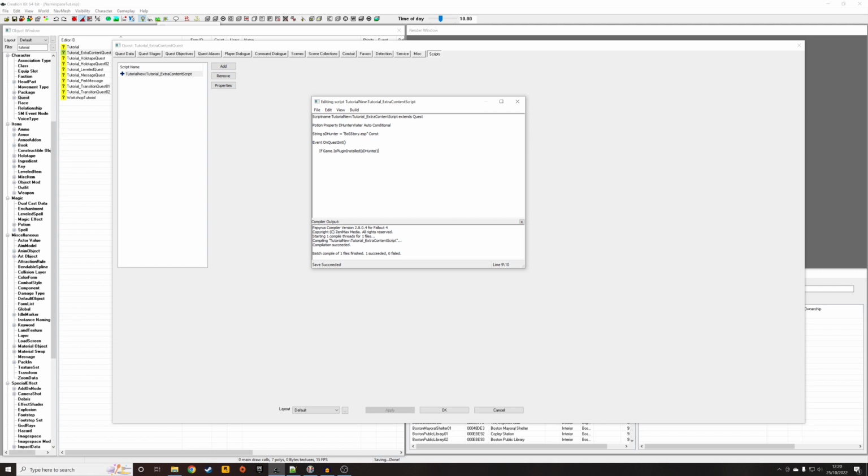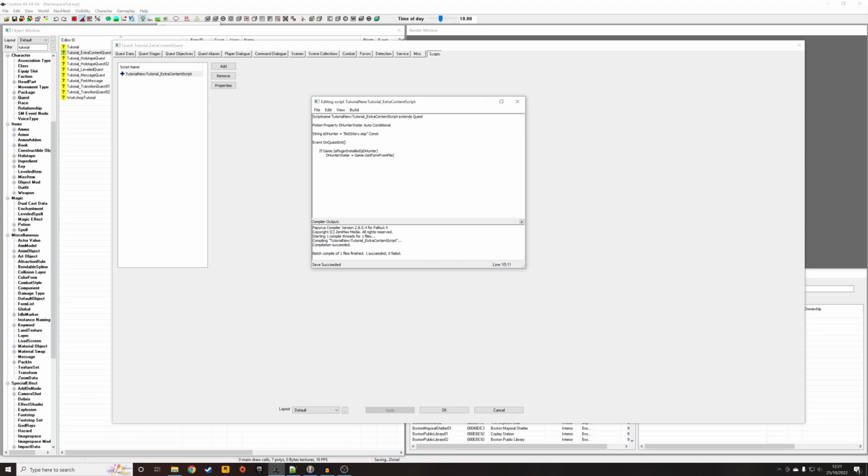As I said, this can be called anything you want, but that's just the naming convention that I usually use. So now we're going to tell the game what we want to do if it is installed. If it is installed, we can look inside and go D Hunter Water equals game.GetFormFromFile. And now we're going to have to know the